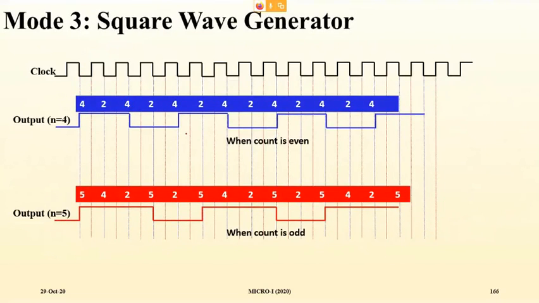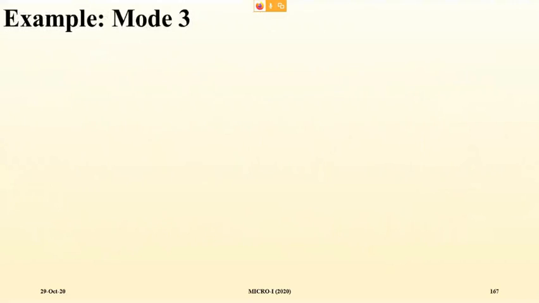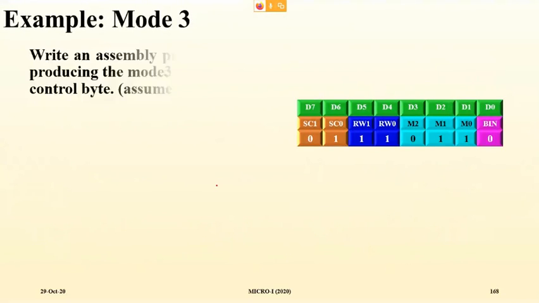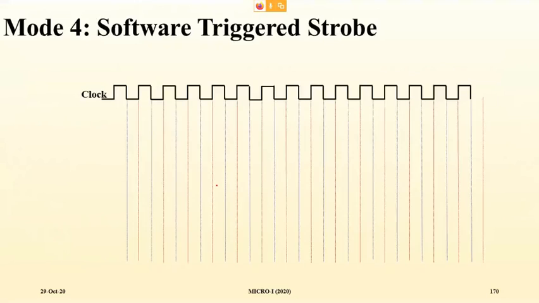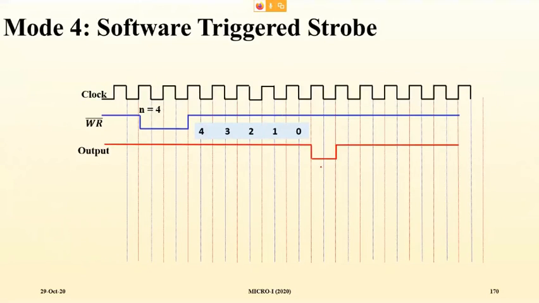Mode 3. Here, 4 to 0, the transition took place. Then again 4 to 0, the transition took place. 4 to 0, transition took place. 2 to 0, transition took place. So it is not transitioning at 1. Similarly, next go to mode 4. Here you see terminal count is 0. Then the transition took place. Only in mode 2 is it 1. These are some typical things.